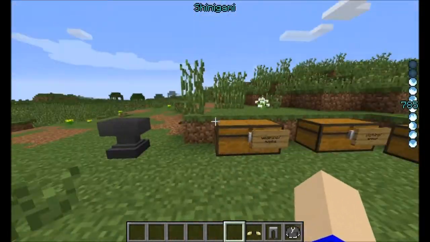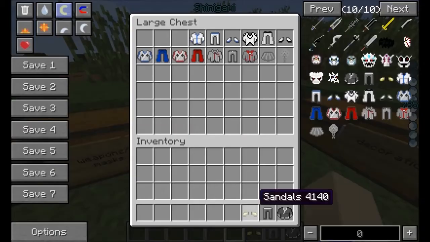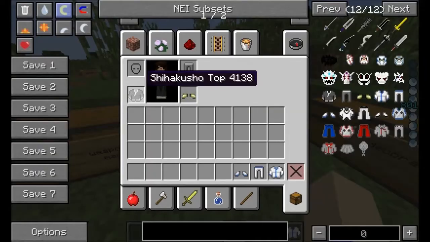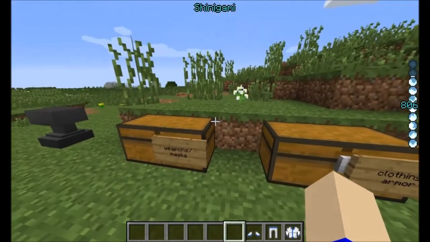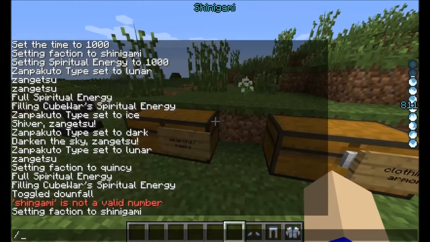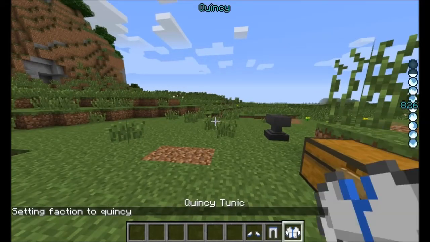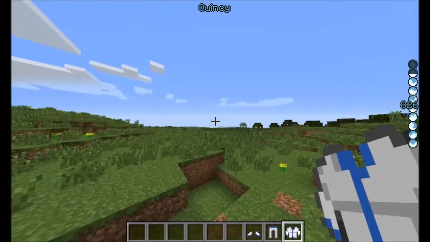Now Quincies can also do this, but you have to be an actual Quincy, and instead of wearing the Shinigami clothes, you have to be wearing the Quincy clothes. So if I take these off now, let me just set faction Quincy, so Q U I N C Y. If I put these on, now as you can see, I look a bit more like a Quincy, but if I press C, I do